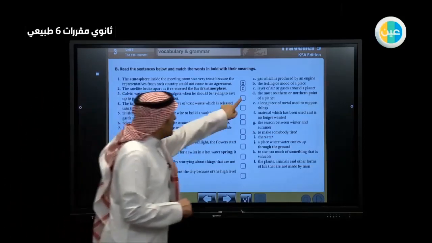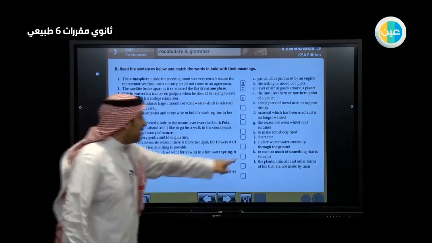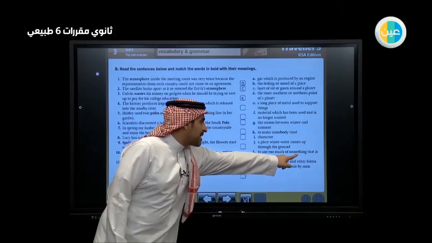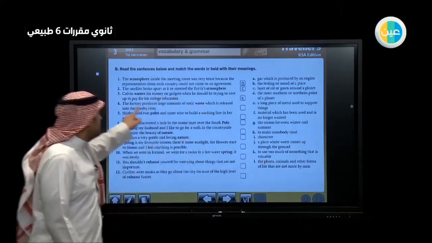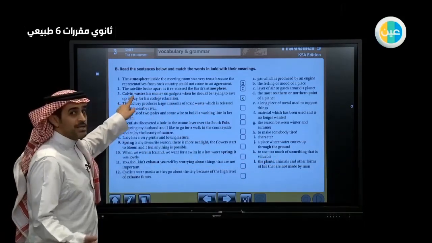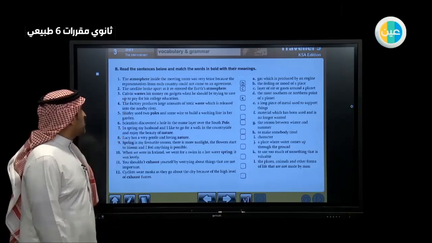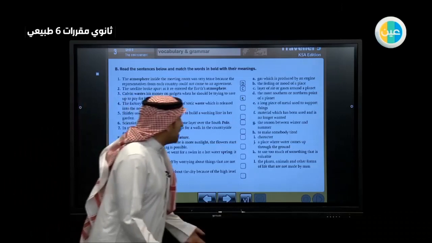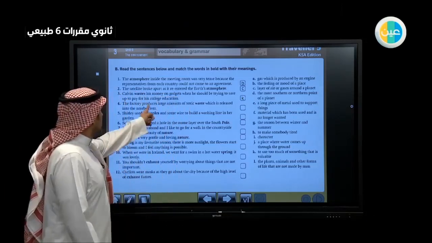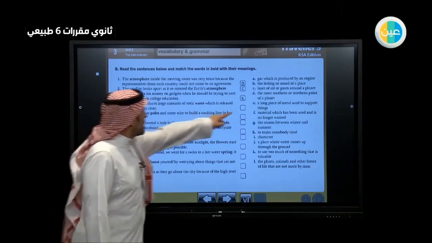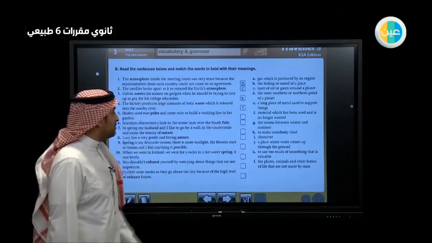Okay, we can find the answer here. K: to use too much of something that is valuable. Money is valuable for him because he has college, and he uses this money for something that means nothing. Okay, the second one, F,